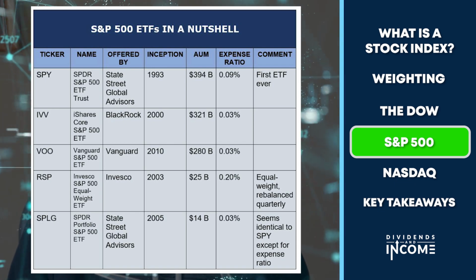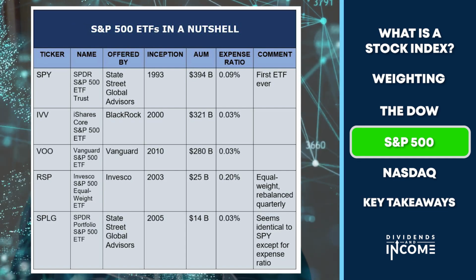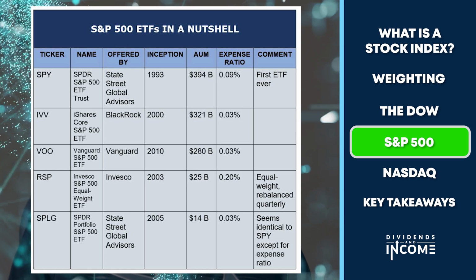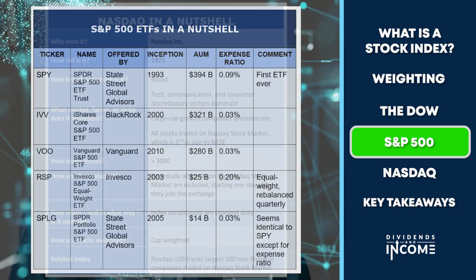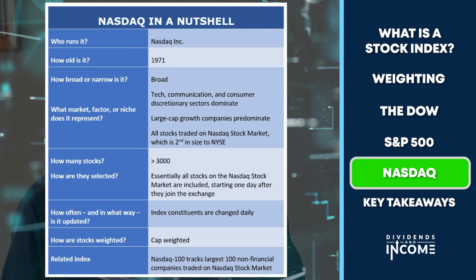The S&P 500 is an industry all in itself, really. The number of indexes and ETFs and mutual funds and so on that have been created from what began as a simple tracking index for the U.S. stock market. Okay, the last index in the big three that we're going to talk about in this video is the NASDAQ, or the NASDAQ Composite Index.